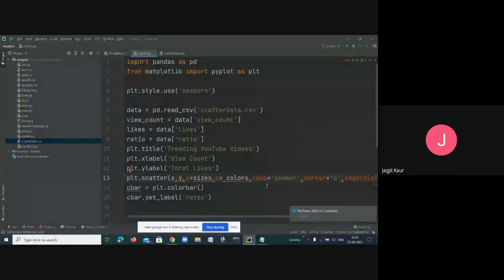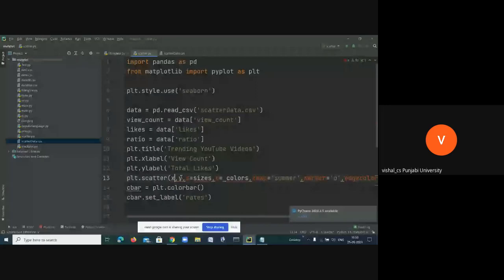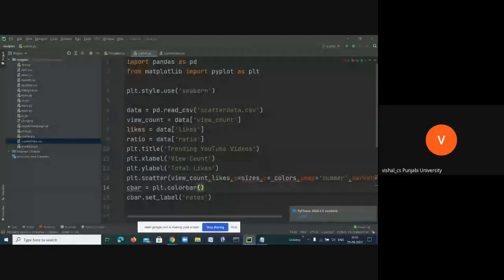Instead of X, you have written view count, and instead of Y, likes. Then instead of sizes, nothing?